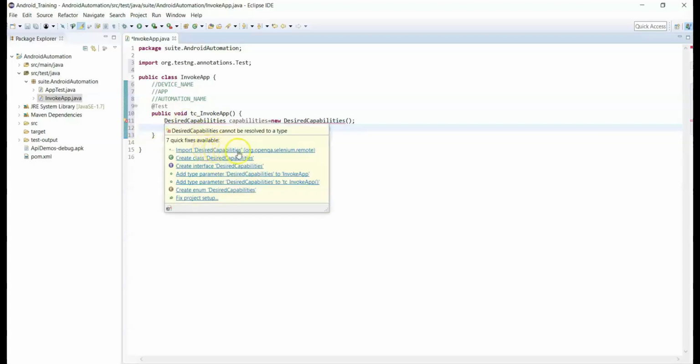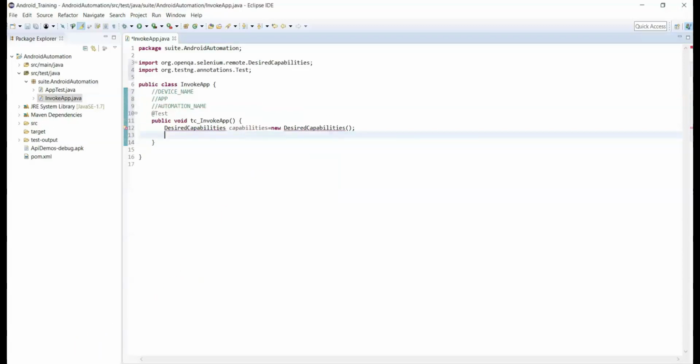So import desired capabilities. This class is available at org openqa selenium.remote. This is the reason we have added a Selenium related dependency in pom.xml file because this desired capabilities class is present at Selenium packages. Okay.